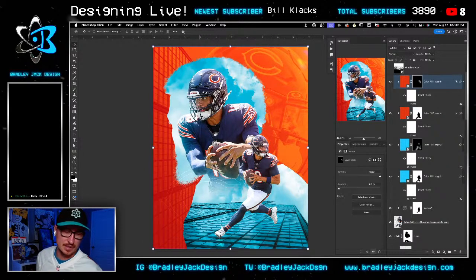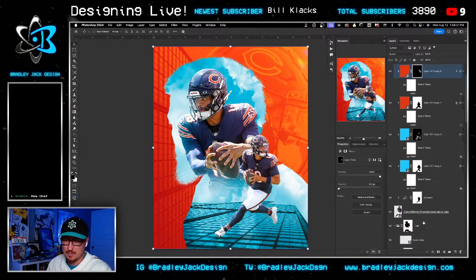Basically in my mind, I'm going, what do I want? If this was something I hung up on my wall, what would I be proud of? And I like this. I kind of want to add some sort of flare behind this large photo of Williams. But I'm afraid it's going to make me want to change a lot of stuff. But we'll do it anyway,